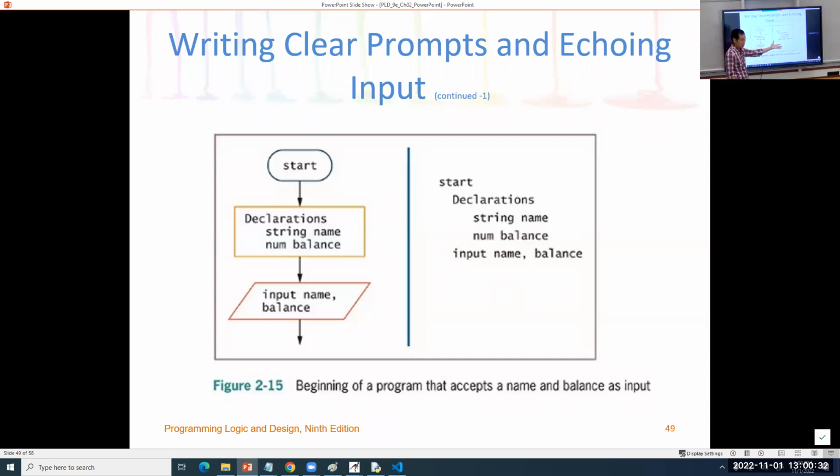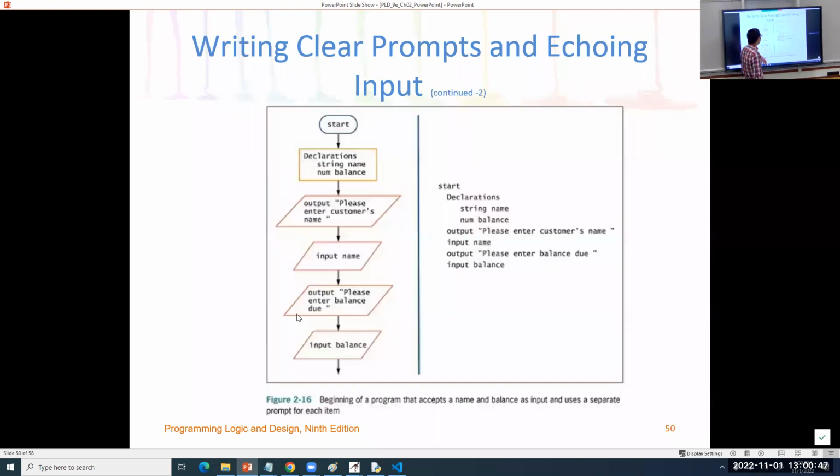Equal input that I mentioned already, right? You bring the value of the input into some part of the output here. So you see, that is the way you work with the flowchart and pseudocode. But for this one, you have no problem, right? For this one, you have no problem. But it should be way better if you, from here,